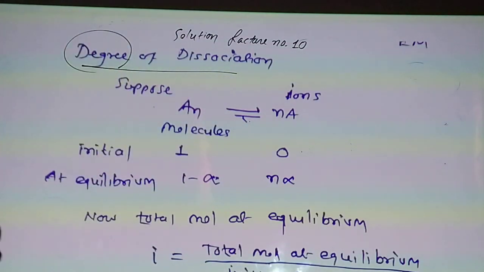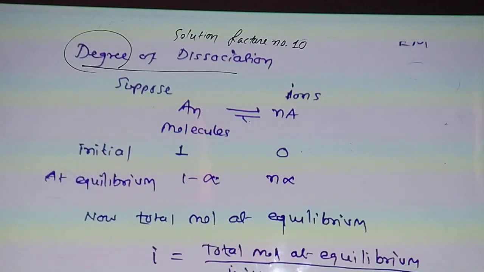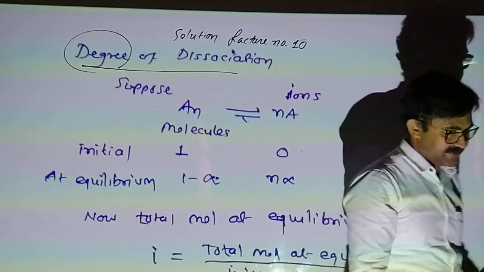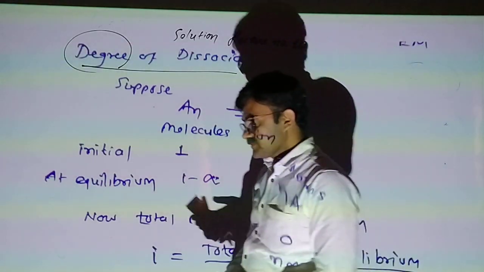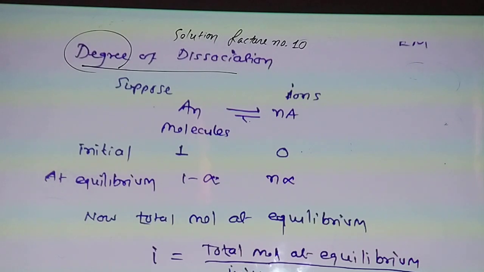Everybody knows degree should be in reference to 1, whereas percentage should be in reference to 100. Degree means એક ભાગમાંથી કેટલા ભાગ છે એની ડિગ્રી કહેવાય. Out of one part, how much part, that is degree.